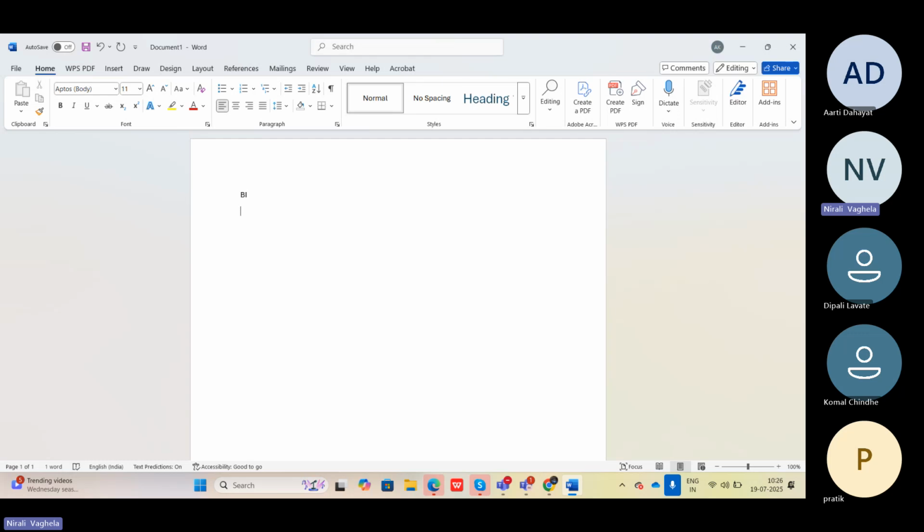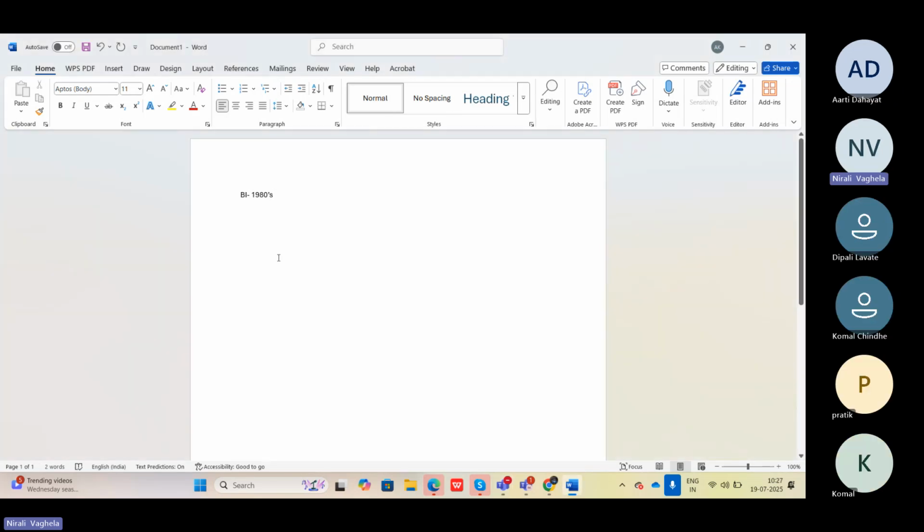So this is the entire BI cycle. The term business intelligence was introduced in the 1980s. There is a company called Gartner, and Gartner introduced this terminology of business intelligence in the 1980s. There will be business requirements which come for analyzing business-related data, and these are the things we will be using. So this was introduced by a company called Gartner.